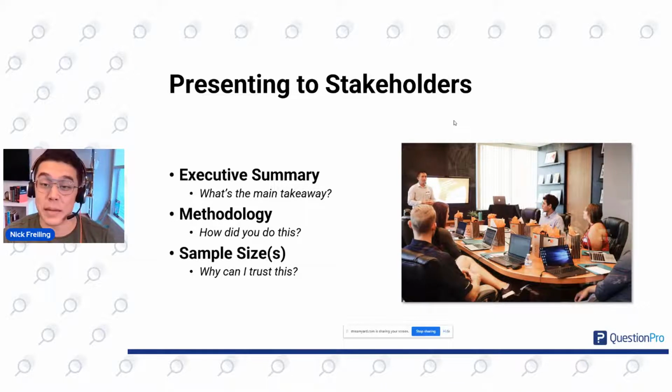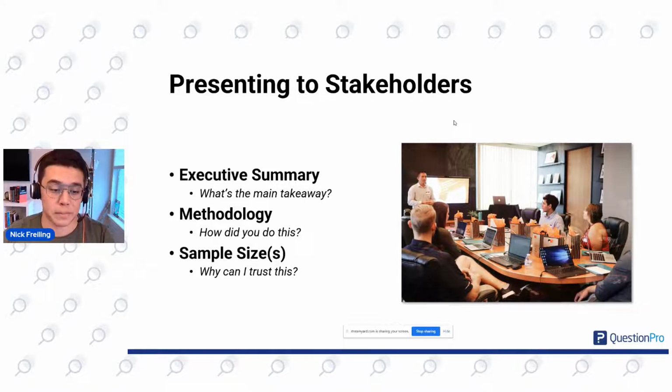Give them, I literally mean one sentence of what the main takeaway is. Maybe then a few bullet points with supporting evidence. That's what investors want to see. If that piques their interest, they'll look into the study in more detail. If it doesn't, they're not going to look at the whole study. They're not going to look at the methodology, all the numbers, figures, etc. So an executive summary is really important, an extremely condensed, concise description of what you learned and what the takeaway is